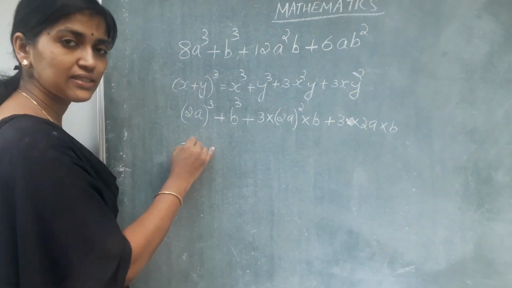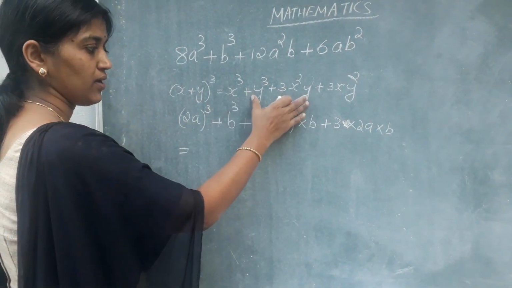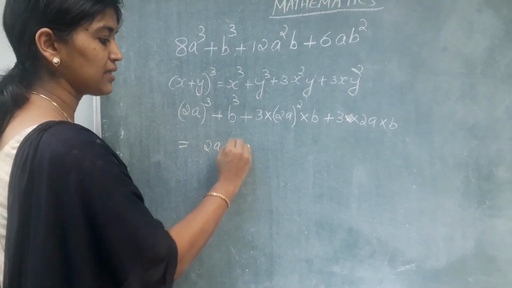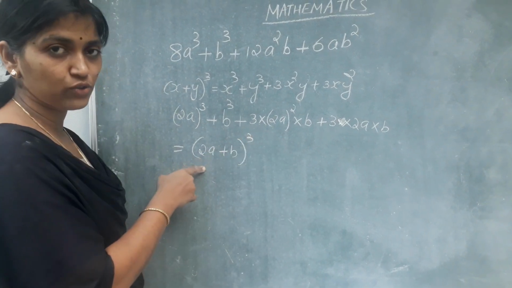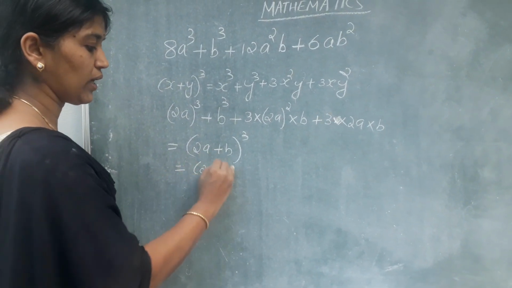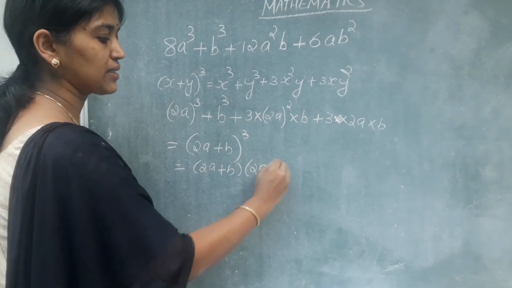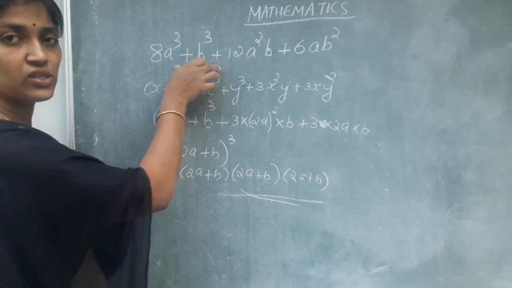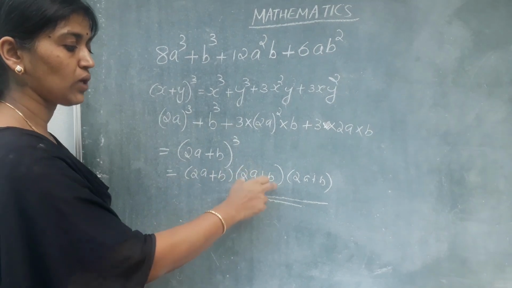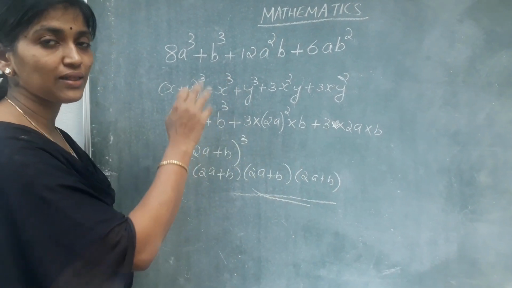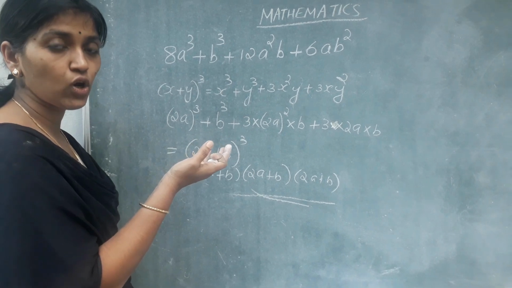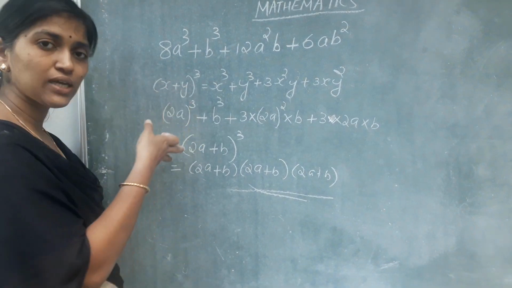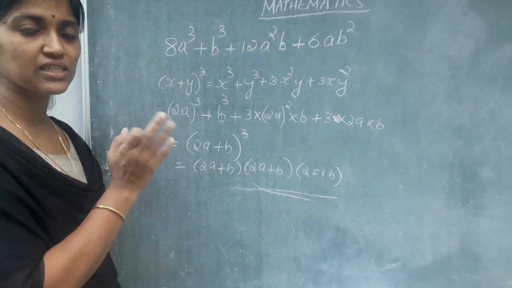Now you can factorize it using the identity. It's of this form, which we can write as x plus y whole cube. So here x we know it is 2a plus b whole cube. It's its factorized form. So again this is equal to 2a plus b into 2a plus b into 2a plus b, where we are using the identity. We have seen the factorization of cubic polynomial where we are not using the identity, and here we know why we use the identity. Okay, so the difference is clear, I think so.